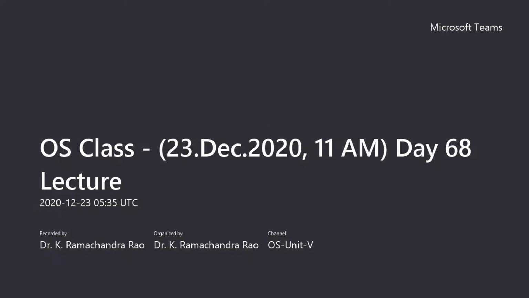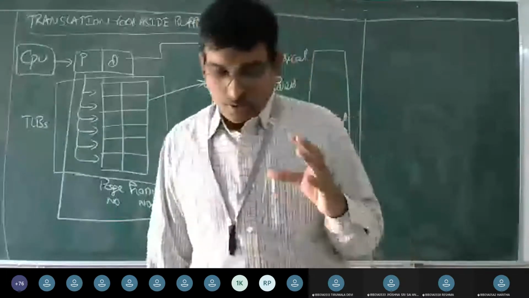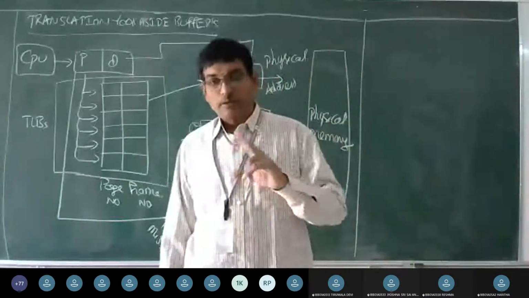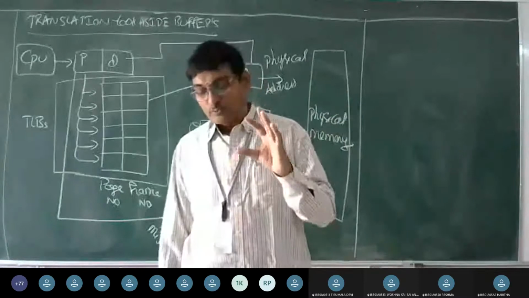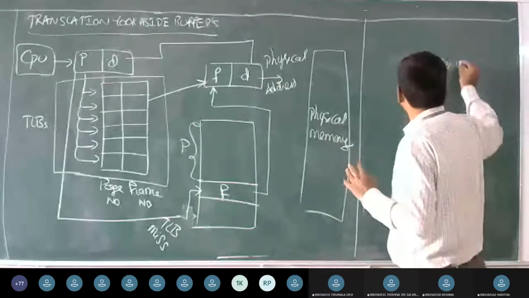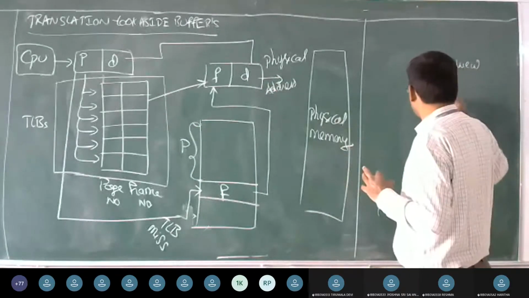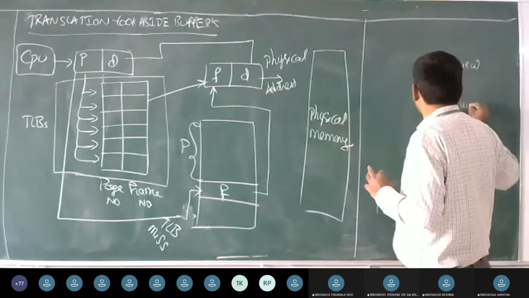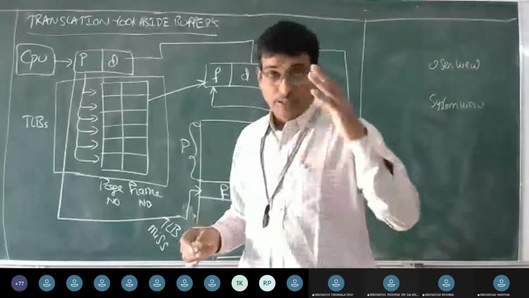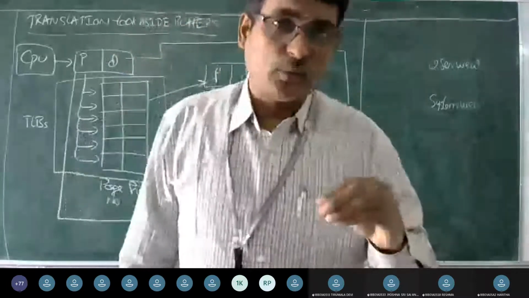In our earlier class, we talked about free space management. When we were calling it free space management, there will be two views. One view we are going to call the user view. Another we are going to call the system view. In the user view, we see that our program is going to be continuous and the CPU executes only our program.